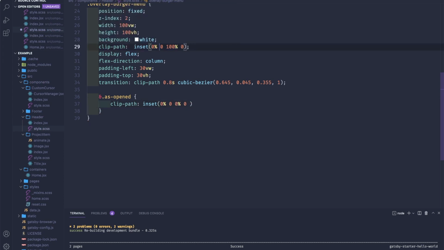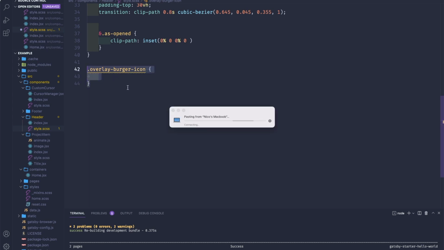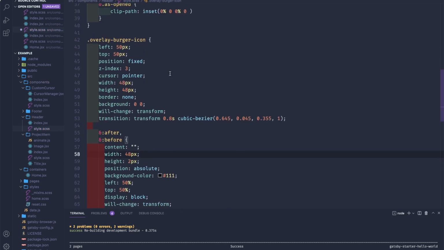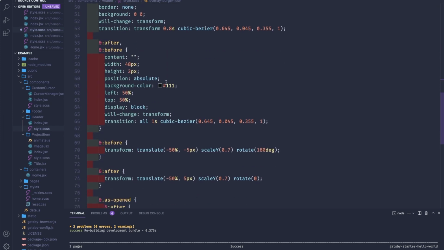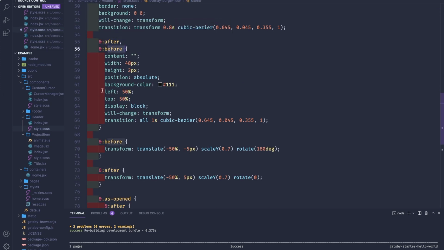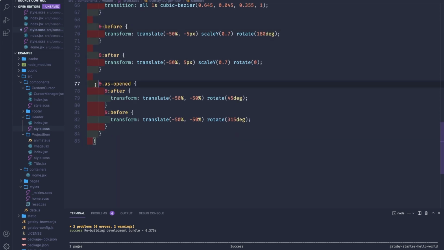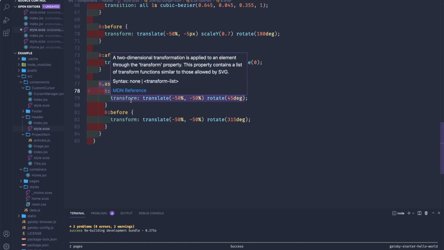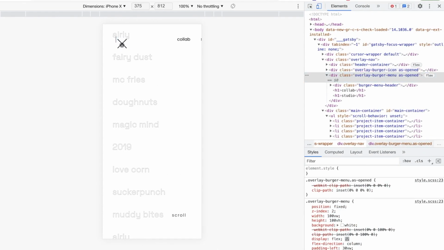Let's remove this column here. I think I'll just copy paste it. It's quite a lot, and then we will go through it. Yeah, so we position it fixed with the left and top. We have the width, yeah. And then with the help of after and before, we have 2 lines, and we translate and rotate 1 line, and then as it opens, we translate correspondingly to form an X for 2 lines. So let's save. Yeah, so we opened, we have this nice small animation,